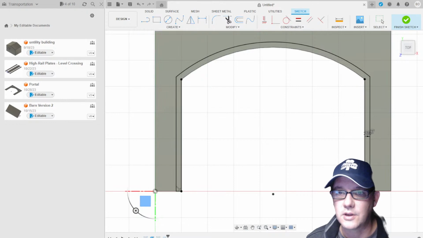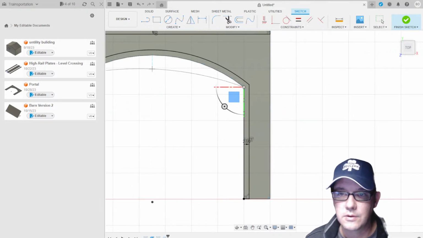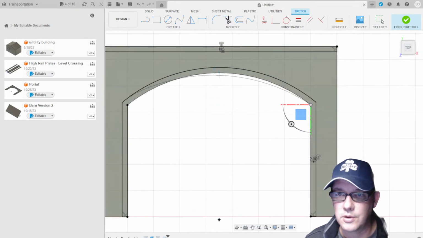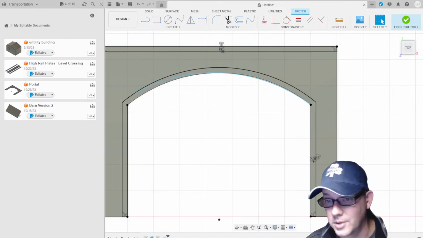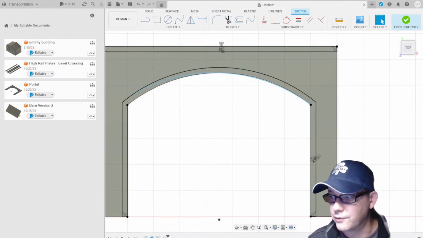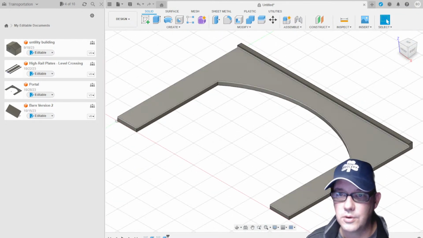We're going to add in the arc again, 3-point. We're going to go from, I can select this here to there. What am I doing here? And then we're going to select the midpoint right there. All right, that should be good. All right, looks like I've got an enclosed face now, so I should be able to extrude that. We are going to finish our sketch right here, finish, go into my 3D mode, and we're going to do